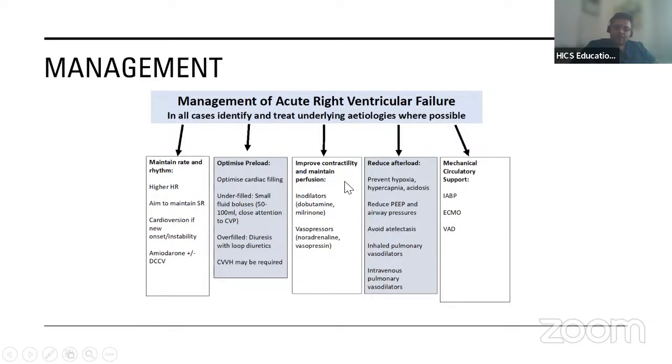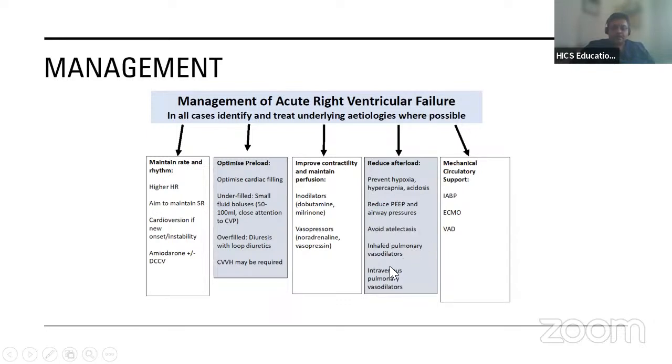You have to improve the contractility and maintain the perfusion with inodilators like dobutamine and milrinone, and use vasopressors like norepinephrine and vasopressin. Also, you need to reduce the right ventricular afterload. As I said, you cannot work under too much of strain. So you prevent hypoxia, you avoid hypercapnia, and you reduce the PEEP airway pressures, avoid atelectasis, maintain appropriate FRC, use